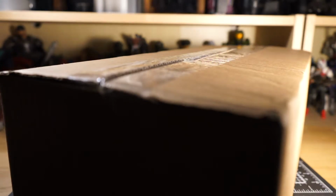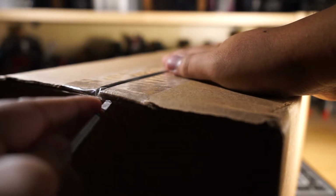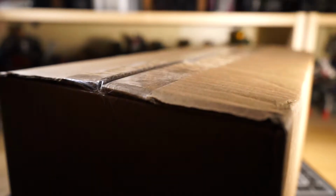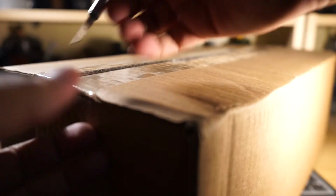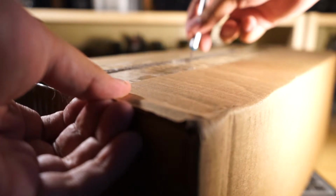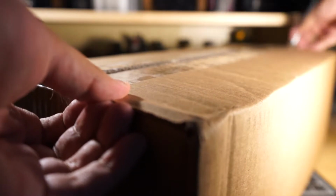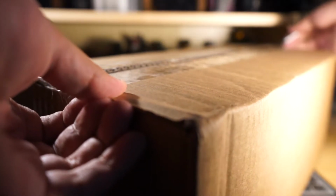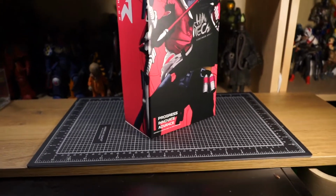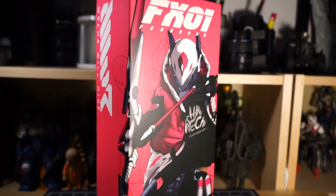Today we're going to be unboxing another 1/6 scale designer figure by Chick Disc, and it's produced by Devil Toys. I apologize if I keep mispronouncing that name. I'm not entirely sure how to pronounce it, but with that said, I ended up finding this at Big Bad Toy Store, and they had a limited quantity available, so of course I had to pick it up. And this figure in particular I was not expecting to get because it seemed like it sold out pretty fast, but we're going to be looking at